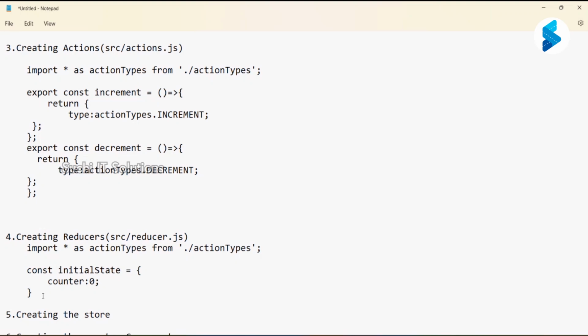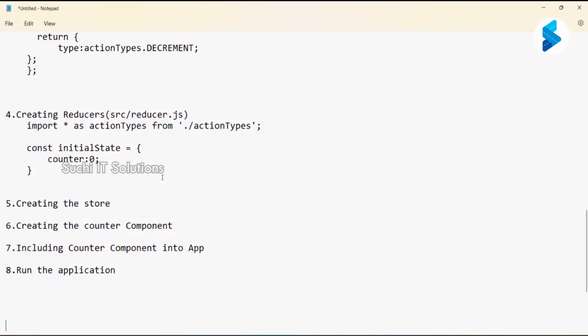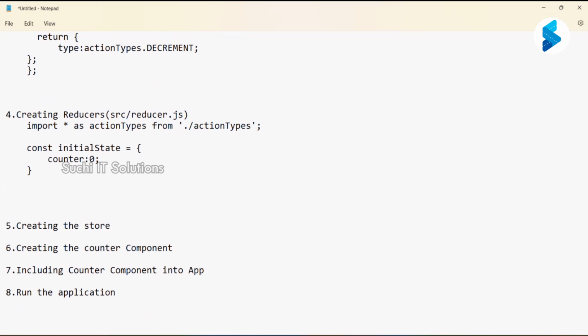Okay. So first we need to define the initial state. At once it is difficult to understand this concept at the entire React application level. Multiple times I'm going to explain. Then you can get more clarity. If you develop one or two applications, you can get more clarity. But you need to follow these steps. First we are defining what? Initial state. After that, here reducer level, we need to create here constant reducer equal to, this reducer level, we